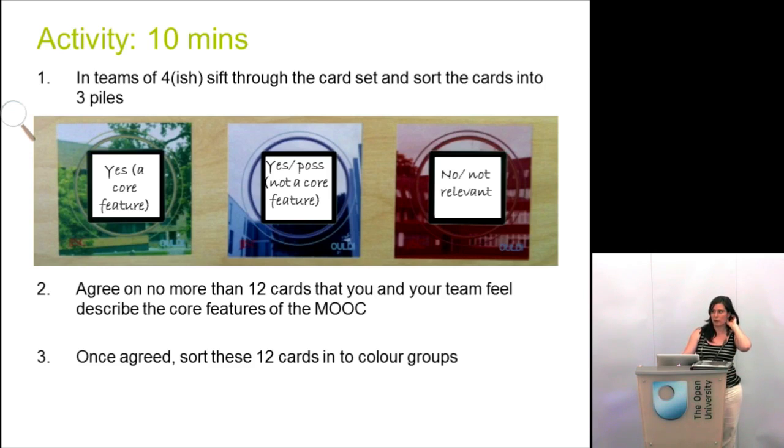Okay, so that random clock on the wall says quarter past now. So we'll aim for 25 past before we move on to